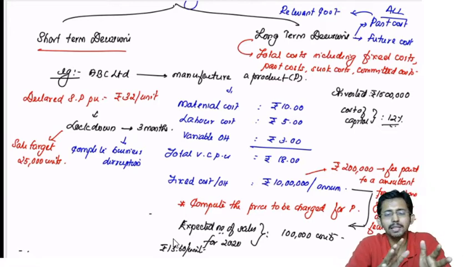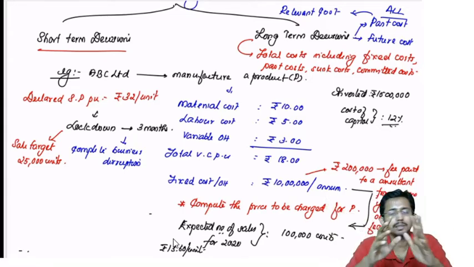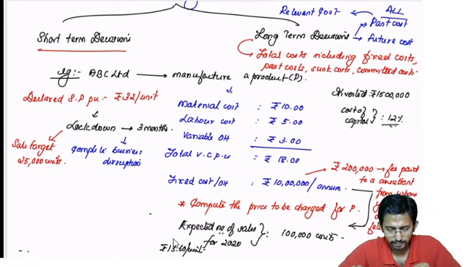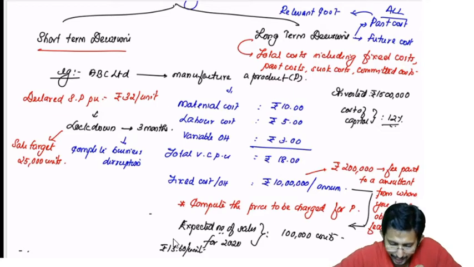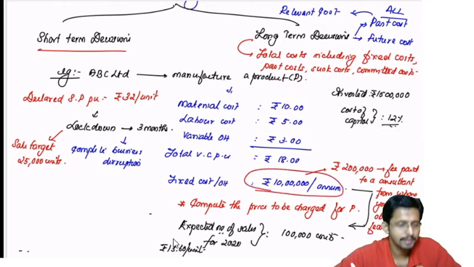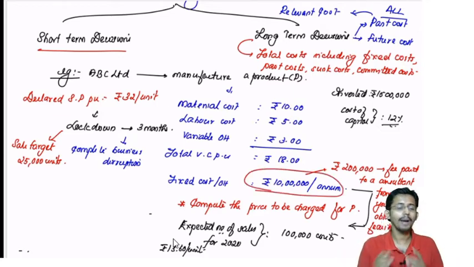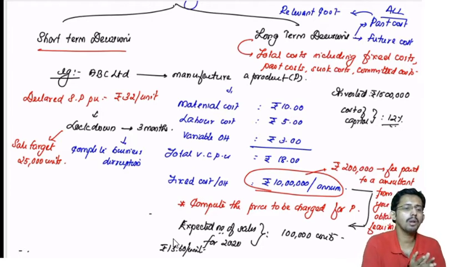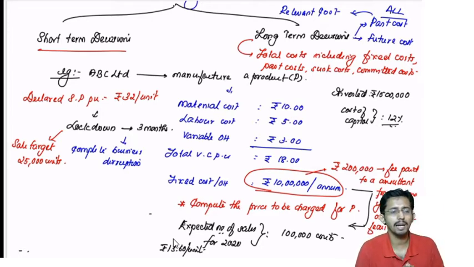So for that particular thing, whether you reduce to 20 or you retain at 32, the entire 2 lakhs rupees or 2,50,000 rupees that you are going to incur as fixed overhead, which means, as far as this proposal to reduce the selling price from 32 to 20 is concerned, the entire fixed overhead is an irrelevant cost. Why is it irrelevant? Because whether or not you reduce your selling price, this is not going to change. Is it clear?